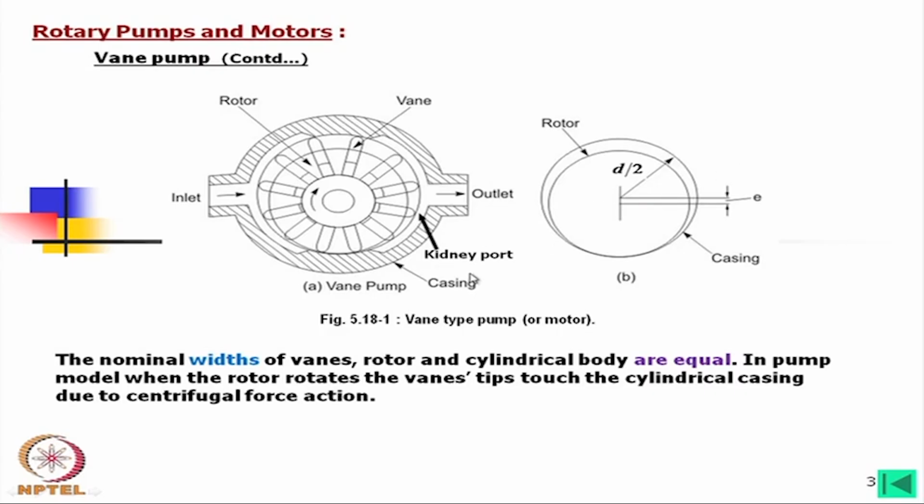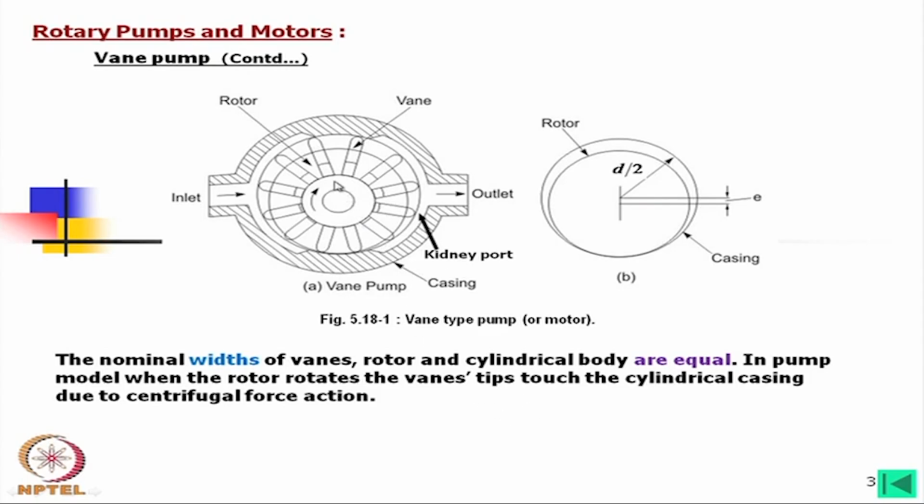So, this is the basic feature of vane pumps. In the case of vane motors, this will be just the opposite. This means that oil is coming in at high pressure and going out, and the torque is being transmitted to the shaft. Now,